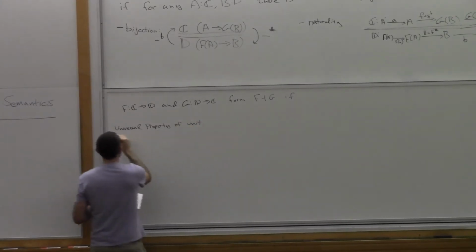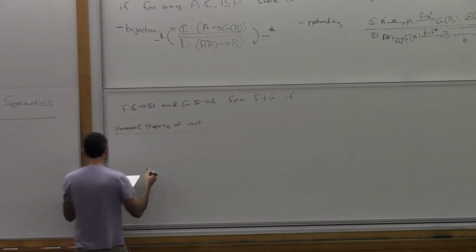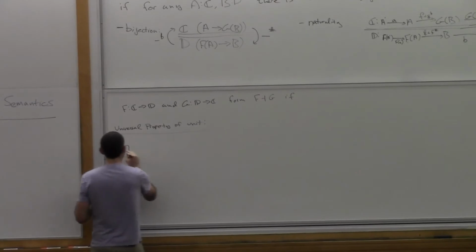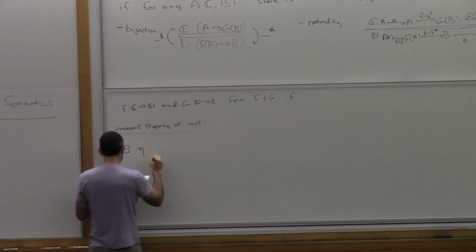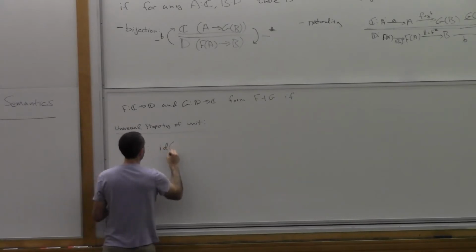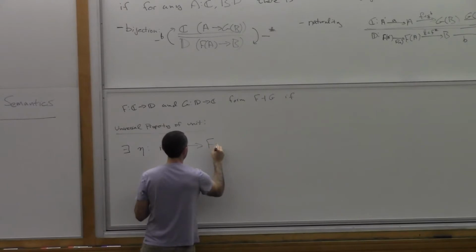This is the unit of the adjunction, which I'm about to tell you about. Okay, so this says that there is a natural transformation called eta going from the identity functor on the category C to the composition of functors, F followed by G,